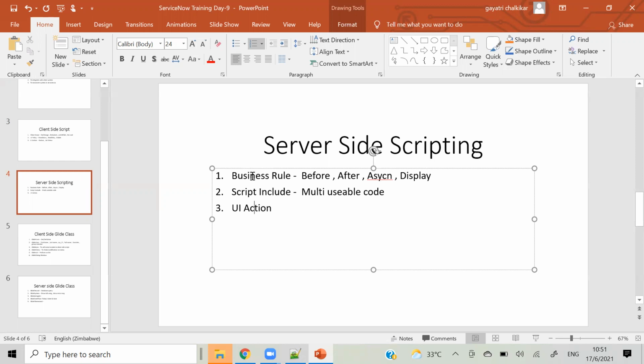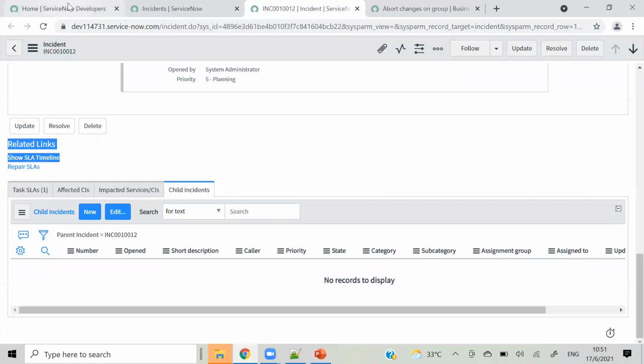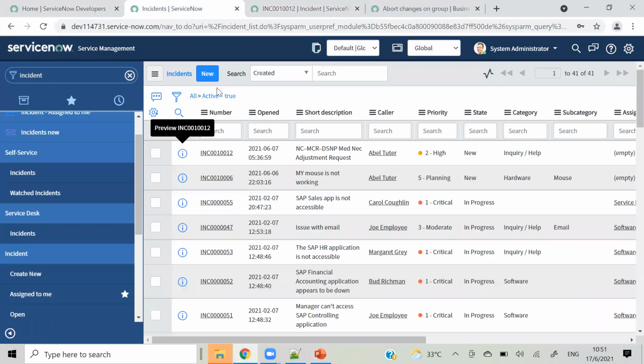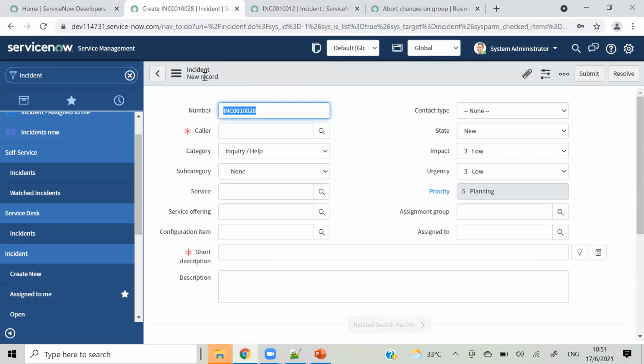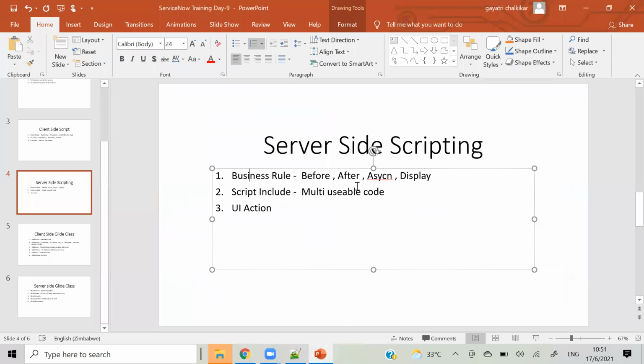And the second thing is business rule. Business rule is also correct because we have a condition on the top. On business rules we have conditions, like if the state changes to resolved, we can perform database actions, right? This is database. We will hit the database first, and we will know if all the children are closed or not, and then we will perform the action. So we can use business rule 100%, but in some cases UI action also. Okay, that is the purpose.